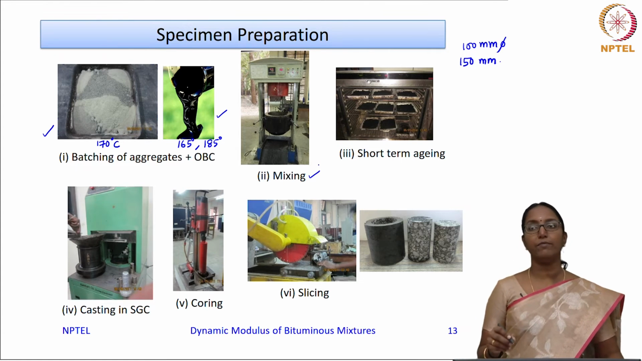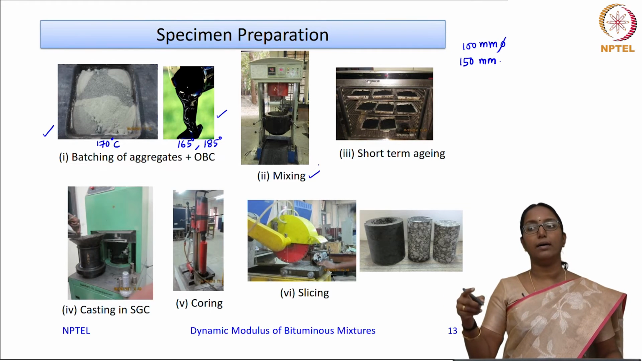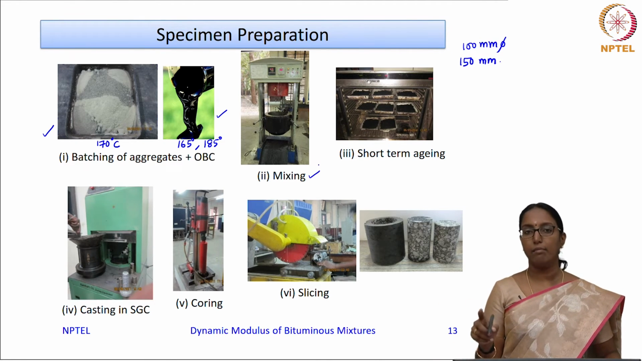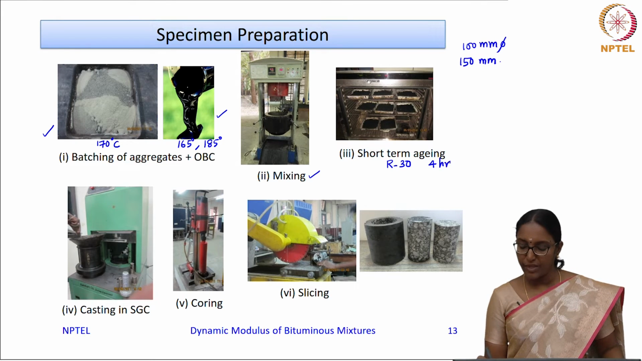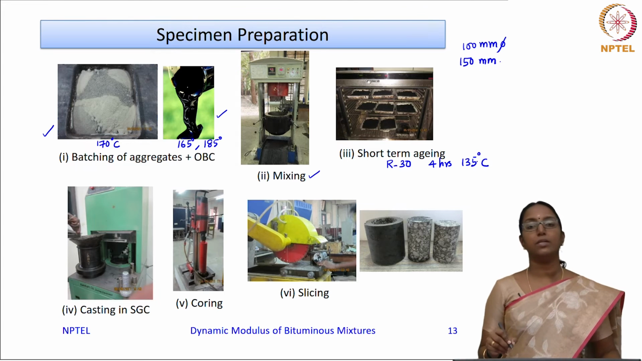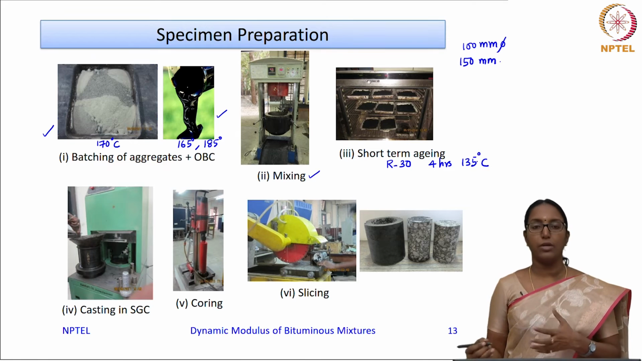aged. Now, you have to consider the kind of aging that happens when you are mixing, laying and compacting the material in the field. So, as per AASHTO standard R30, you age the material for 4 hours at 135 degrees Celsius. Okay. Now, regarding aging, Professor Nivedita has already explained how this aging happens and what the effects of